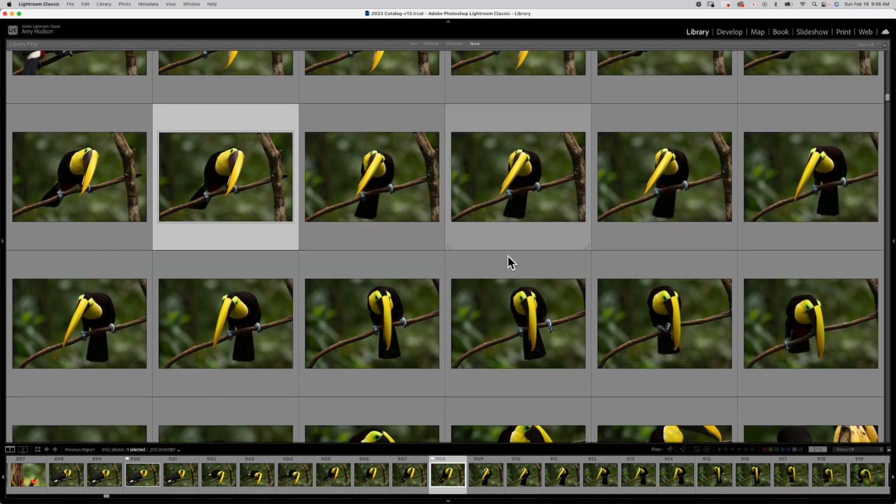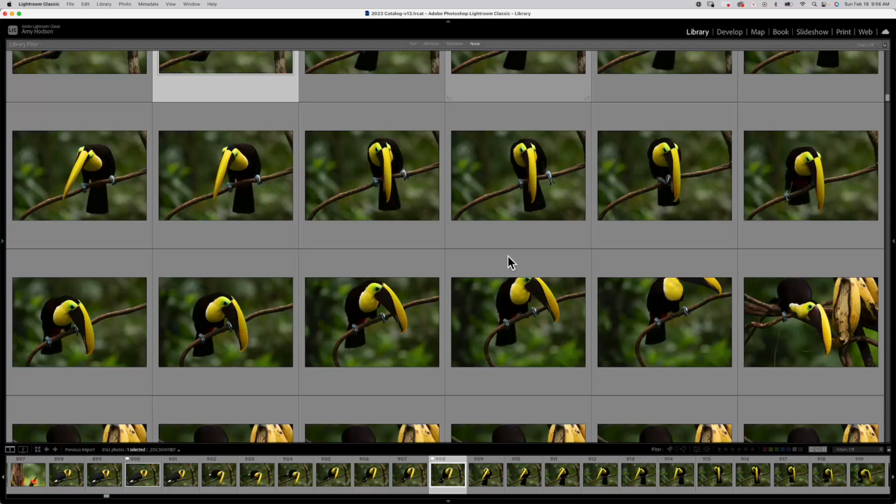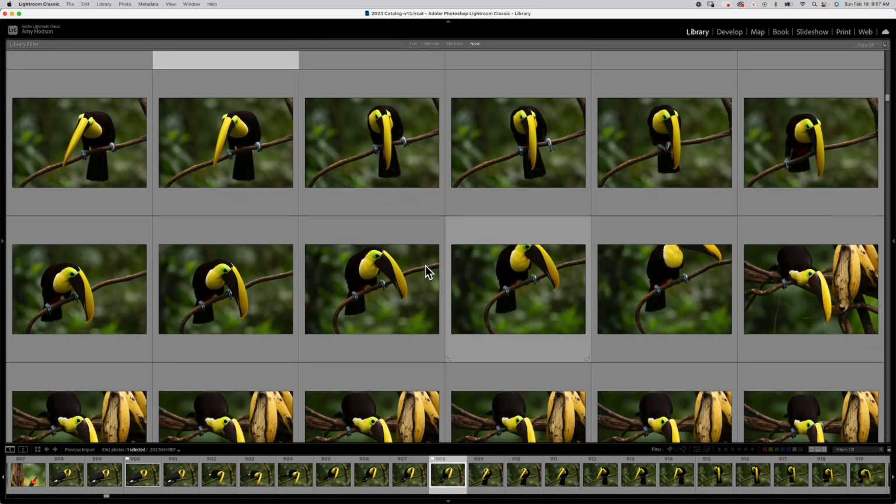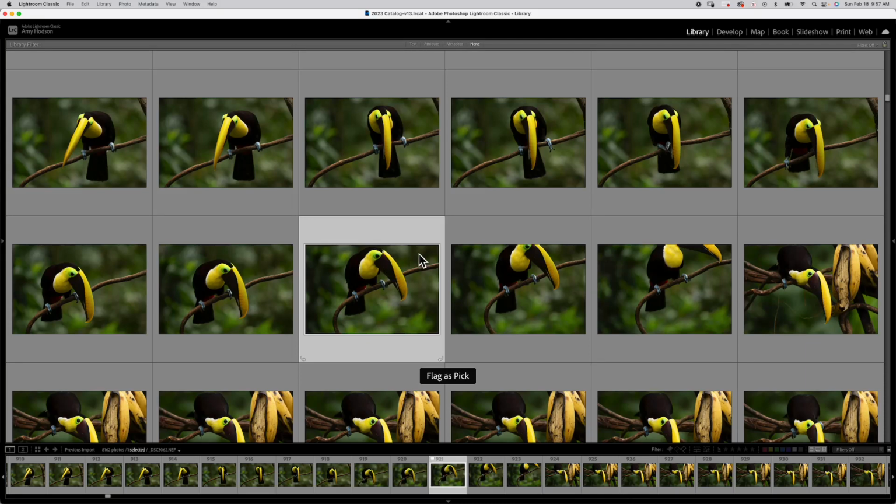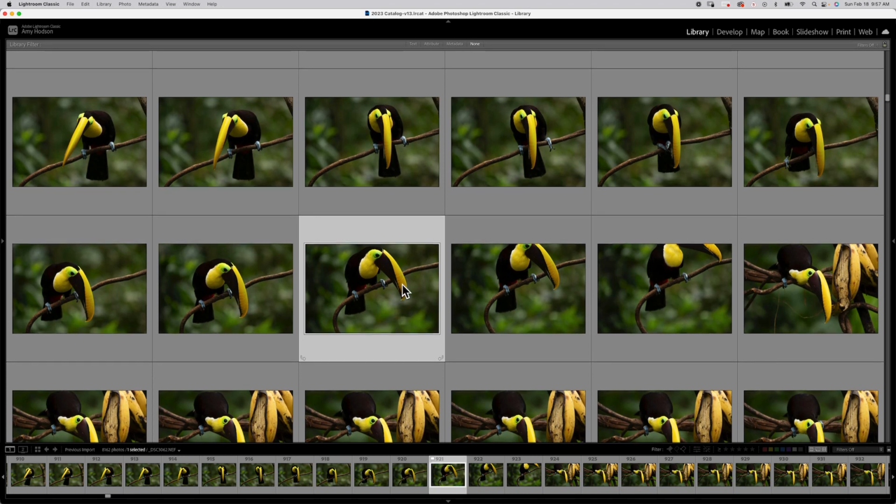And now I'm just going to keep scrolling through here. Let's see. This one doesn't have a ton of frame at the top of it, although I really like the pose. I like the pose better than the one on the left because there's more space between the bill and the foot here. So I'm going to select this one, and then when we go to edit it, I would create some more frame along the top of the bird,